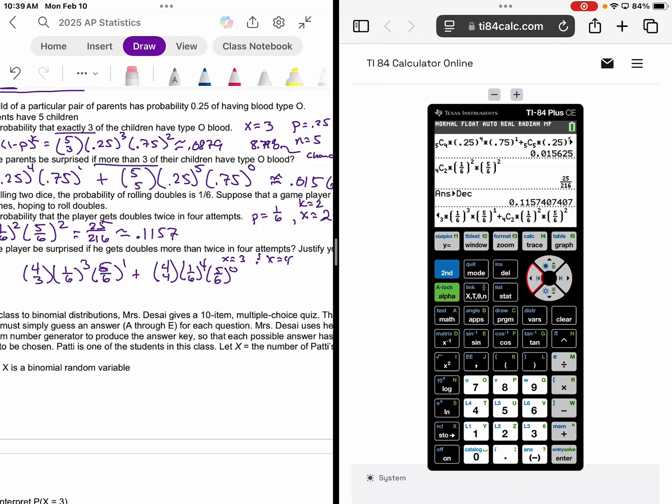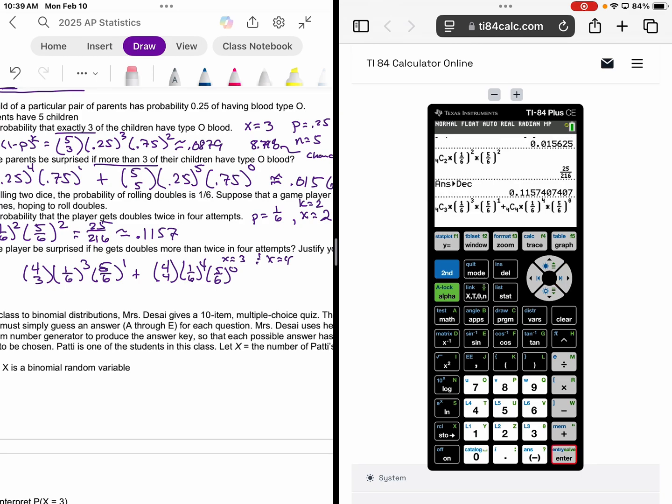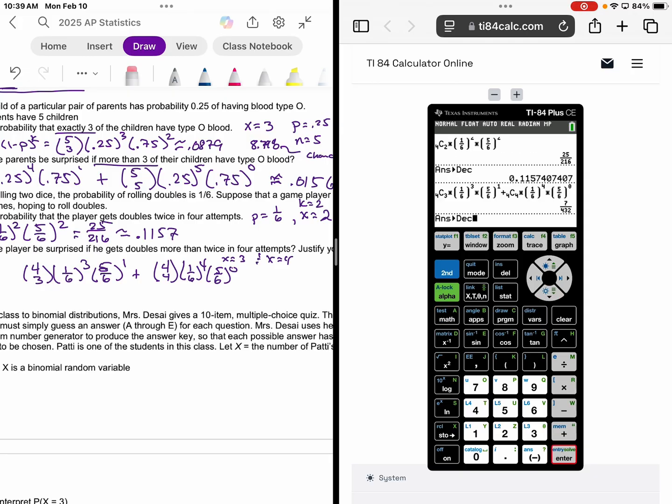You know, several different ways you can do it. It's just wherever you feel comfortable with. And that would be 0. And then I'm going to hit enter. And I'm going to hit math option 2, enter. And it is